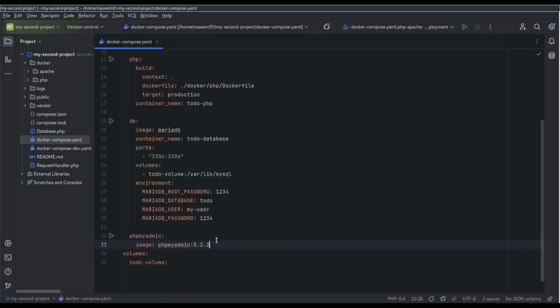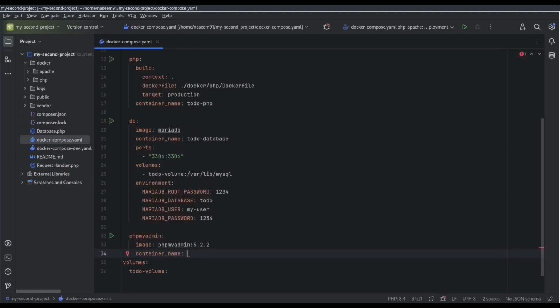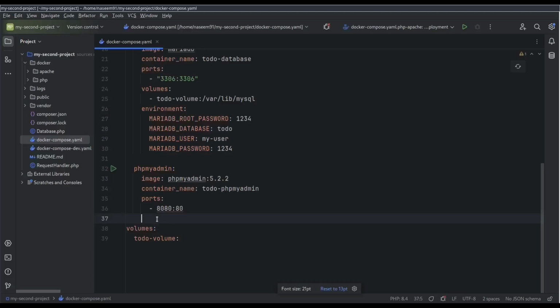And now I will determine the name of the container, or container name. Follow the pattern to do dash phpMyAdmin. Next, we will add the ports. On the host, it's going to be 8080, and inside of the container, 80. Enter. The last step will be telling phpMyAdmin how to access the database server, and I can achieve that using